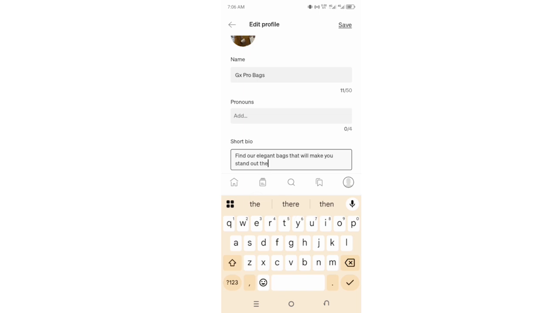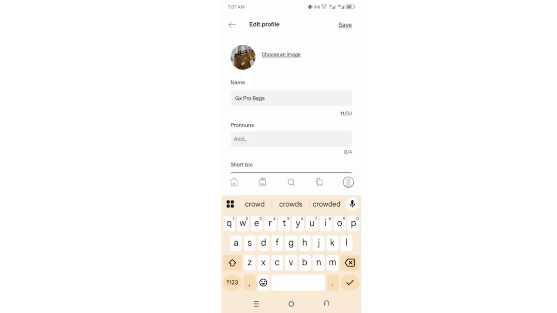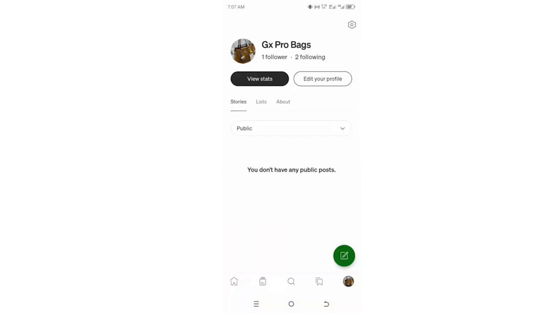Make you stand out among the crowd. Okay, then the about page here majorly talks more about who you are, but this you can easily edit when you're using your desktop. So when you feed in this information, you can go ahead and save. You should feel free to indicate links to your other platforms. I think you can see. Okay, so